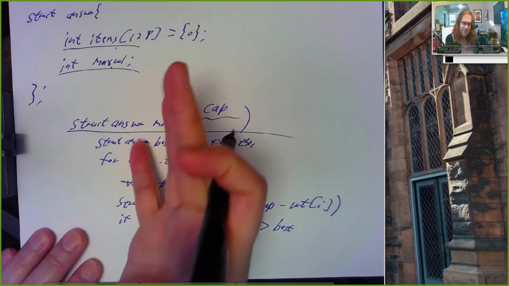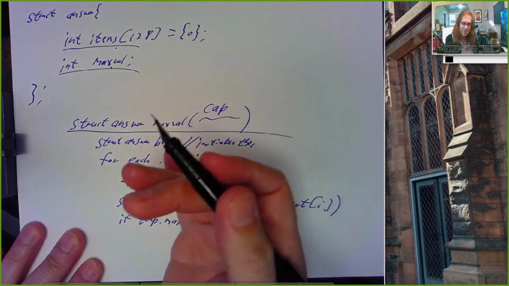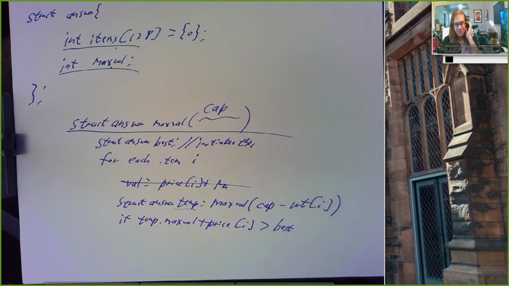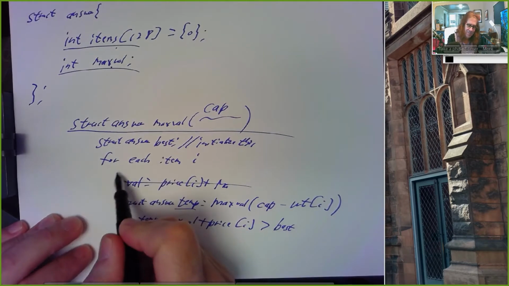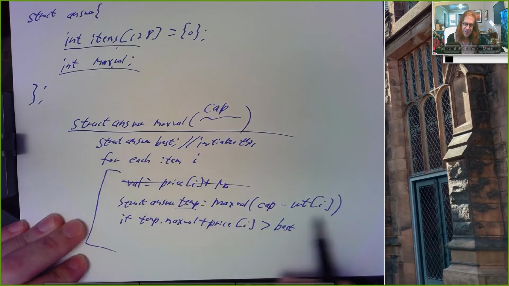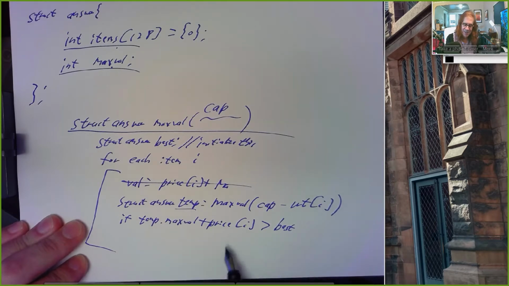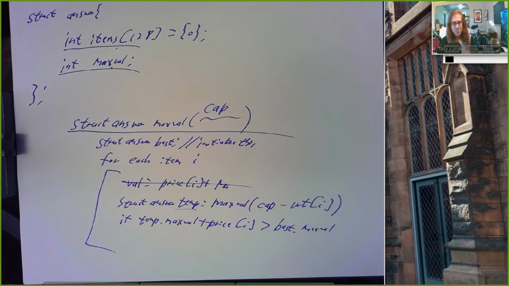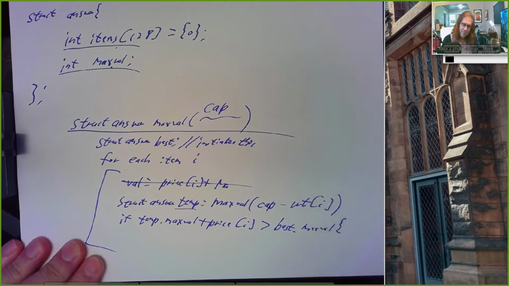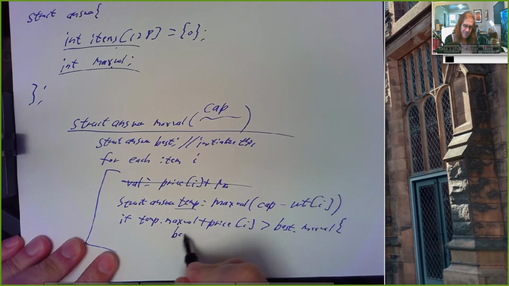Right? So make that a local variable inside maxval, initialize it to a maxval of 0 and an item count of 0. And then for each item, right, call your maxval function with the reduced capacity, get the answer back from that, add the value that you got to the price of the item I. If that's better than best dot maxval, right, then do something like best equals temp,